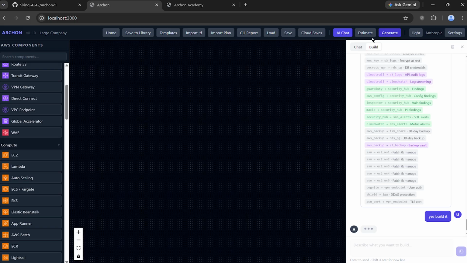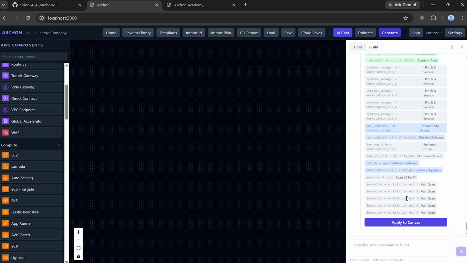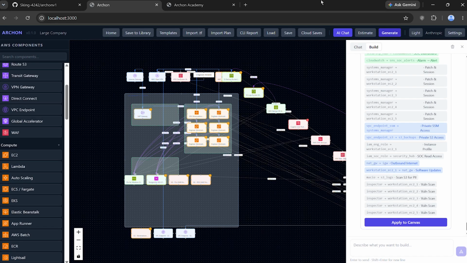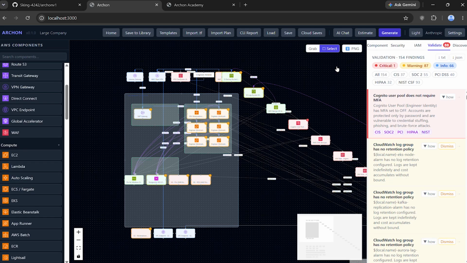And then we'll get a cost estimate for it, and then we'll turn it into a Terraform script, and then you could take this Terraform script and load it up into your AWS account console, go to CloudShell or Cloud9 and run it, and it will build exactly what you made here. Apply to canvas. Dun dun dun. Okay, cool. Here is our canvas right here.